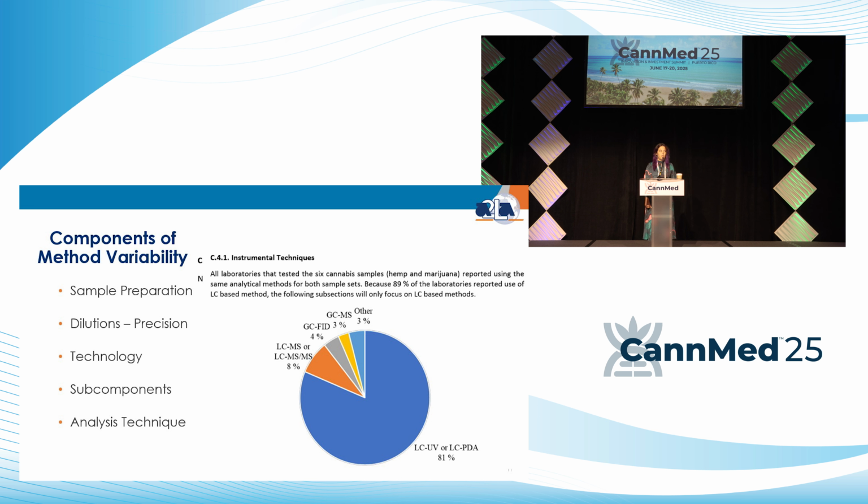And so there's basically a survey that's sent out to all of the participants about the types of methods that they're using. And so the respondents to this survey are then put into essentially little pie charts. So we can see multiple different variables within the methods that the laboratories are actively using. So most of these laboratories that are participating in this study are accredited for either hemp or cannabis testing.